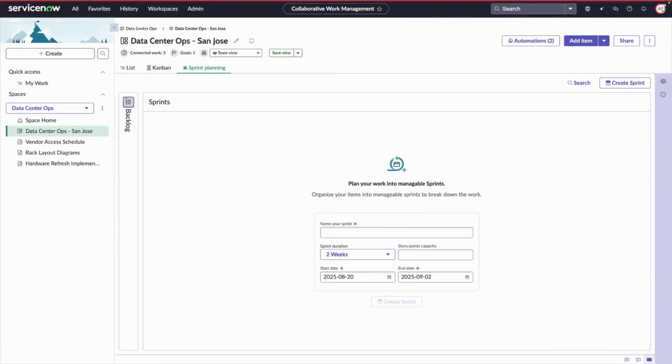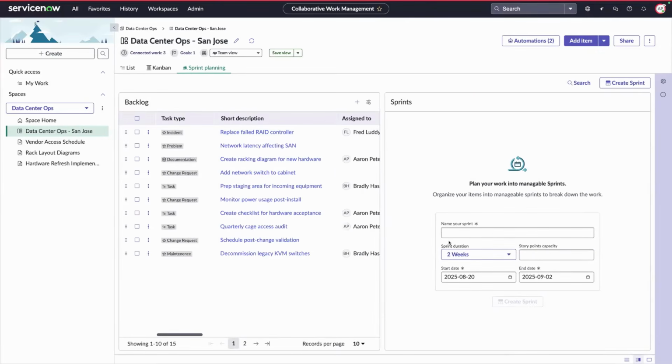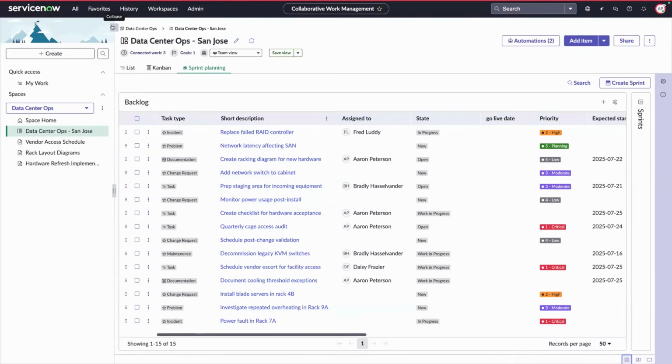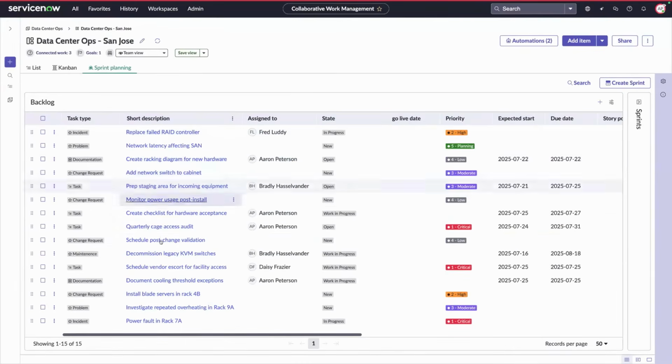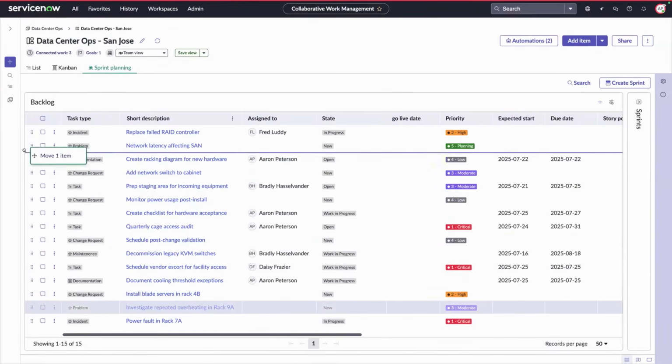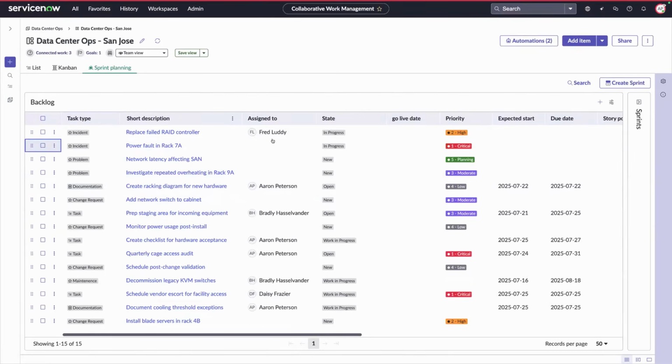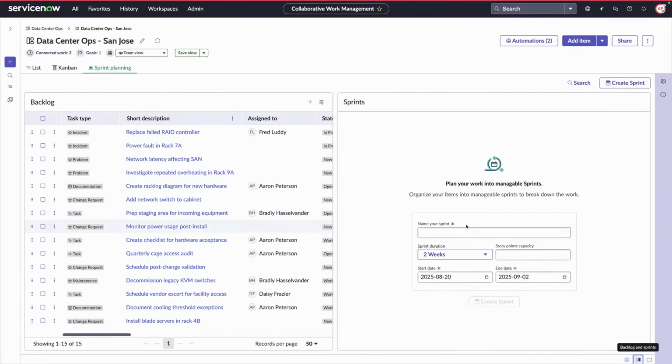So let's look at the sprint planning view. This is how Aaron is going to time box his work. So going into this backlog, we're going to focus just on the backlog right now. So I'm going to toggle into my full backlog view and also dismiss my navigation. So Aaron's going to first stack rank his work according to priority, capacity, right? And so we're going to organize our backlog, and then we're going to toggle into that sprint planning view and